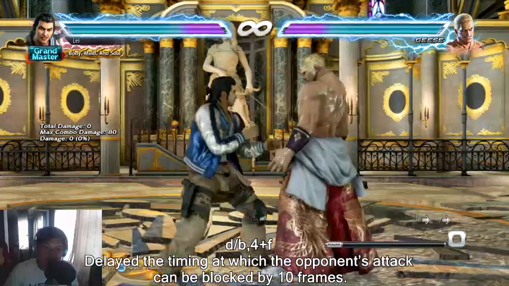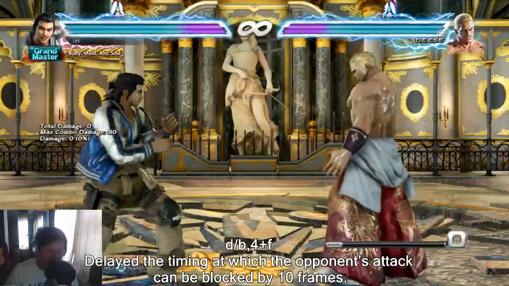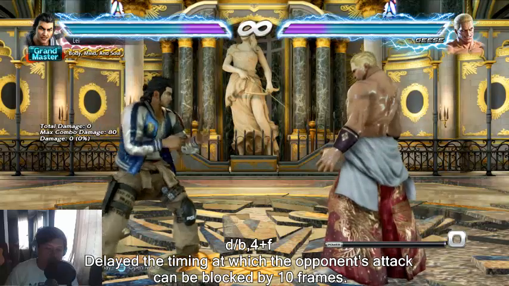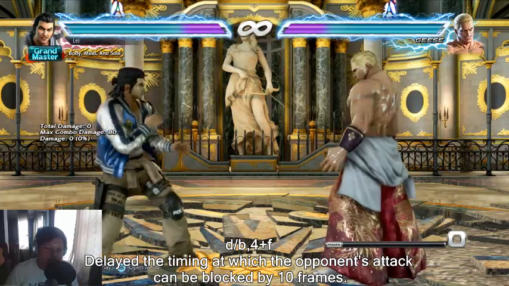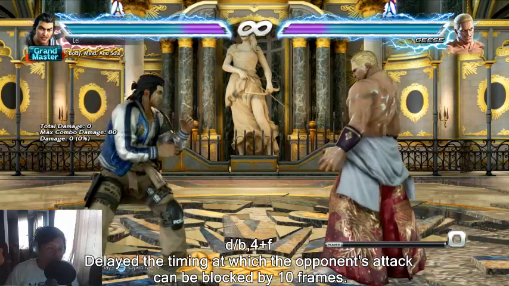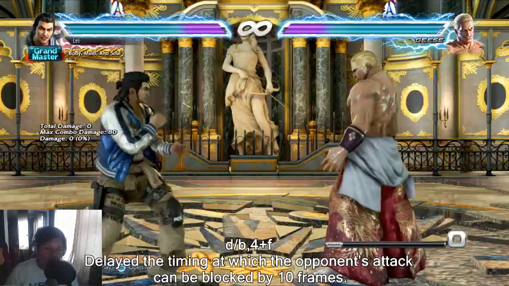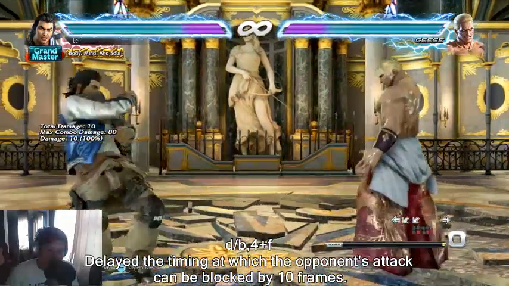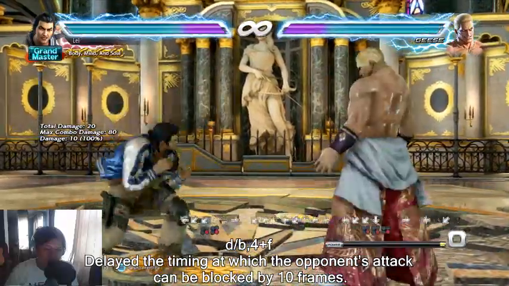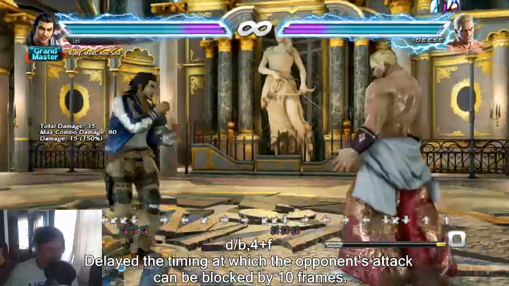So we got down back 4 forward, and this is a pretty big change. I'm not entirely sure what they mean by the change. Sometimes the translation for the frame data, I mean the changes, as with the Season 2 changes, are not always the best, so basically what it's saying is delay the timing in which the opponent's attack can be blocked by 10 frames. Now this to me initially sounded like, well, down back 4 actually means that you can block faster from down back forward into Drunken, but this might not actually be the case,